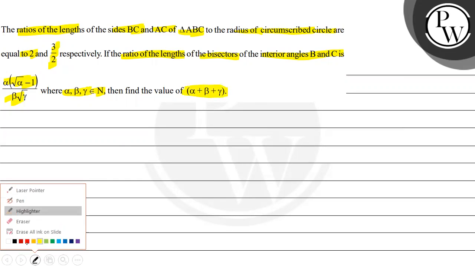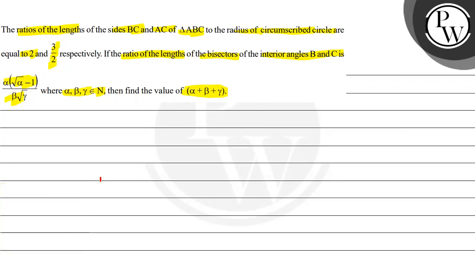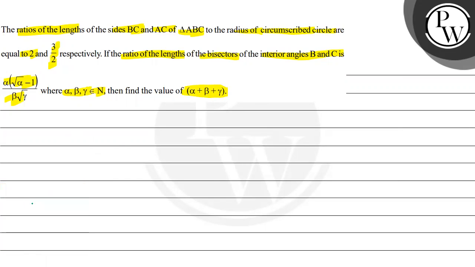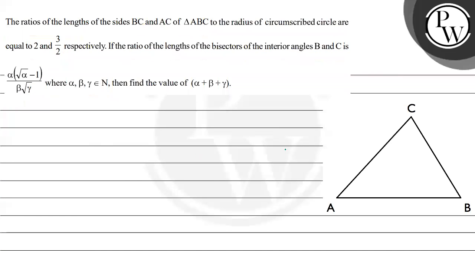ठीक है, तो हमें यहाँ पर अल्फा प्लस बीटा प्लस गामा की वैल्यू फाइंड आउट करनी है। चलिए देखते हैं हम इसको कैसे सॉल्व करते हैं। सबसे पहले इसका डायग्राम बनाते हैं। यह है ट्रायंगल ABC। यह लेंथ a है, और B के अपोजिट की साइड को मैं b बोल रहा हूँ और यह साइड c है।